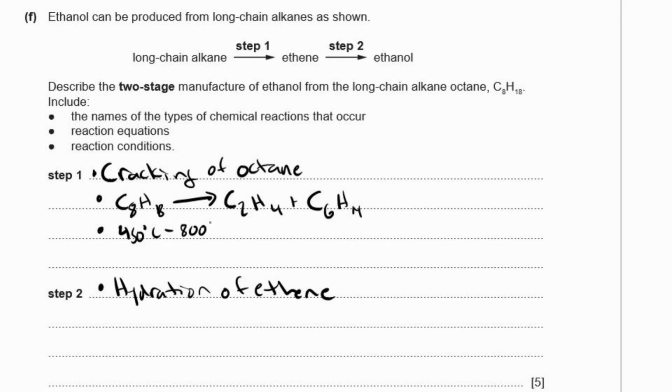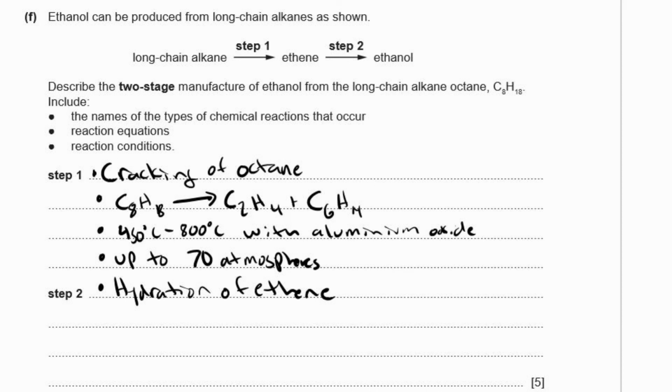Okay, and the reaction conditions here, it's about 450 degrees Celsius to 800 degrees Celsius. Okay, and you have to use a catalyst. And so there's lots of catalysts you could use. Aluminium oxide is one catalyst. Okay, other catalysts you could use. You could say zeolites, aluminosilicates, silica, SiO2, alumina, you could say china or a broken pot, chromium oxide, or CrO3. Any of those would have been acceptable. And it occurs at up to 70 atmospheres